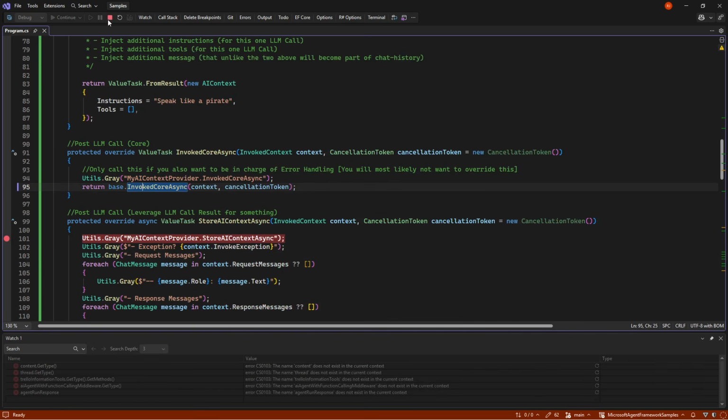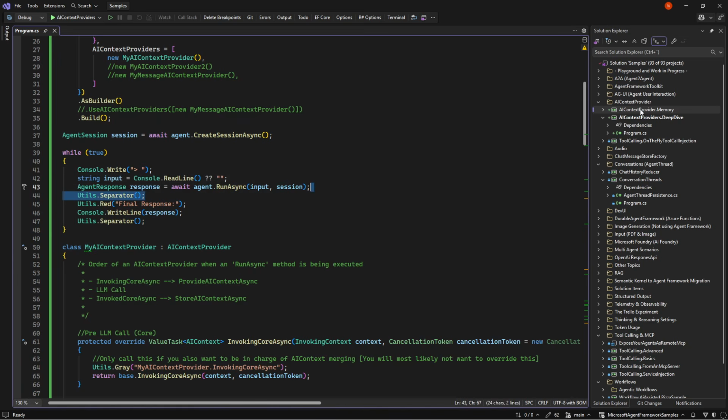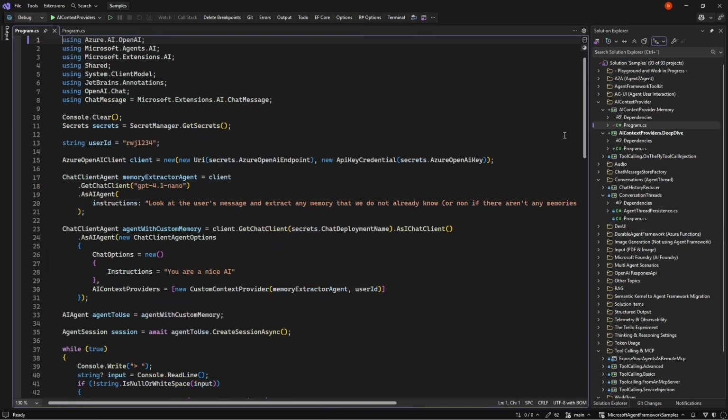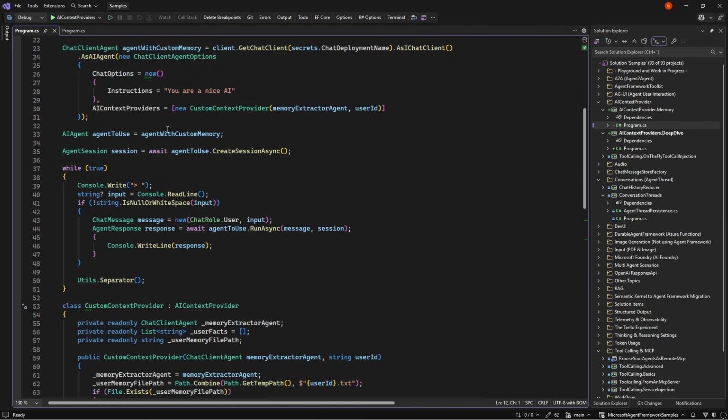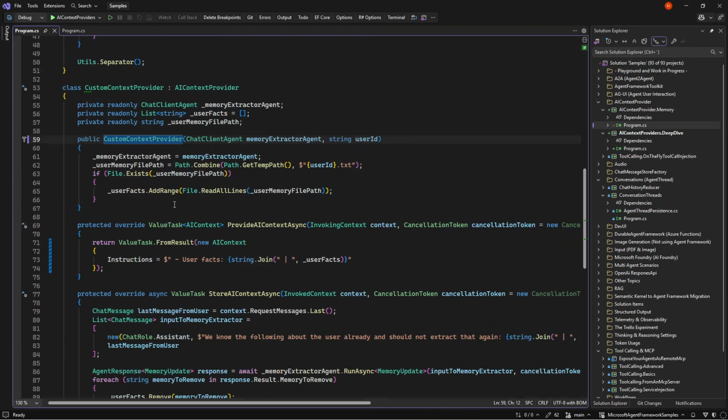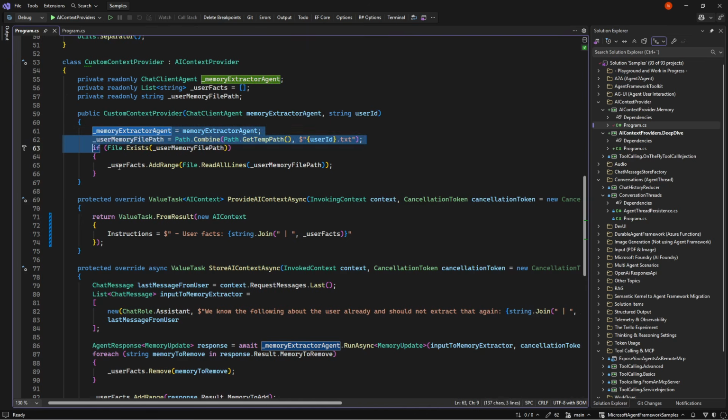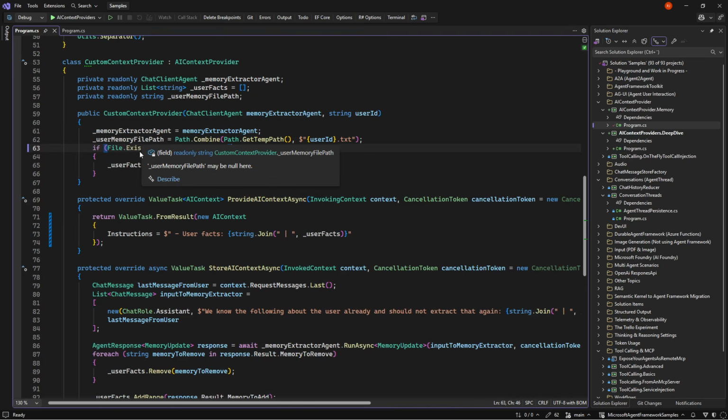And let's see a few of the examples I have used it for, for context on why we want to do this. So over here in my memory system, we are putting in a custom context provider here, where we're sending in an agent and a user ID. And over here, we're just storing those and saving some user ID, which is our memory store. That could have been a database, but right now it's just a text file. And then we're reading all existing memory. Again, this is a previous video, so you can go and check that in more detail.